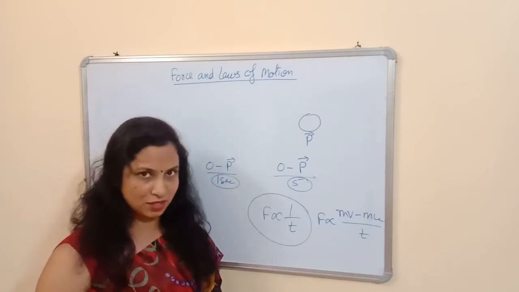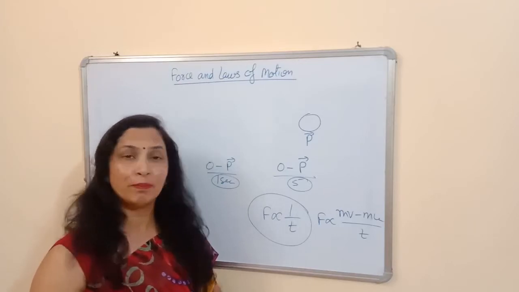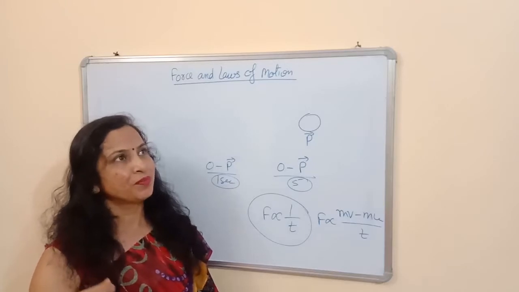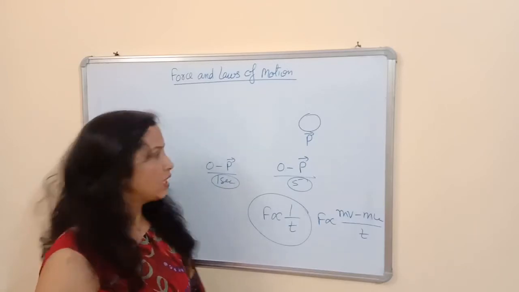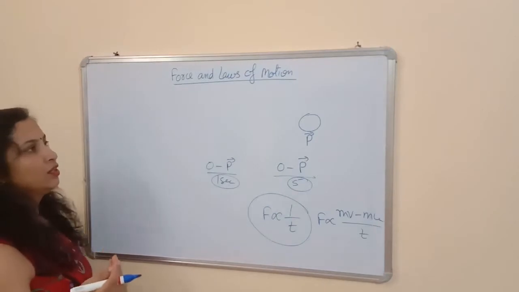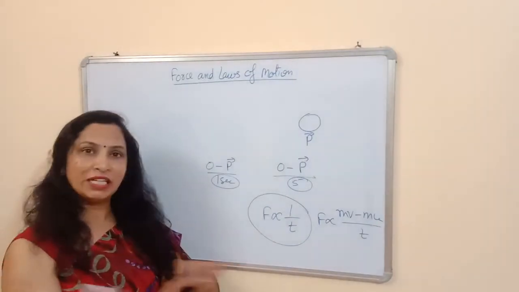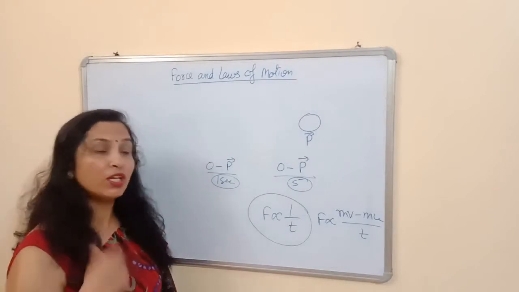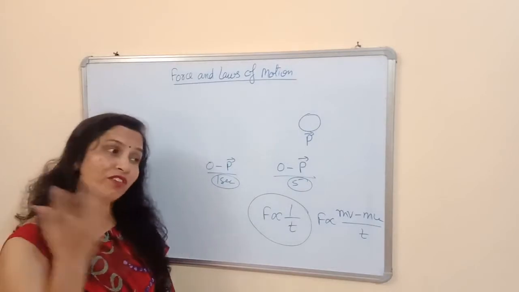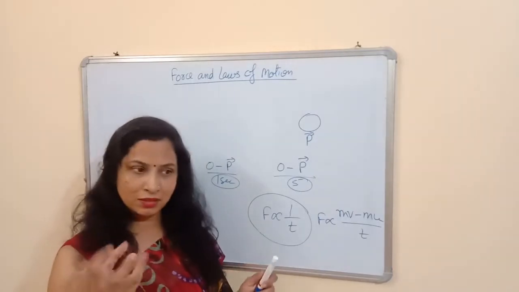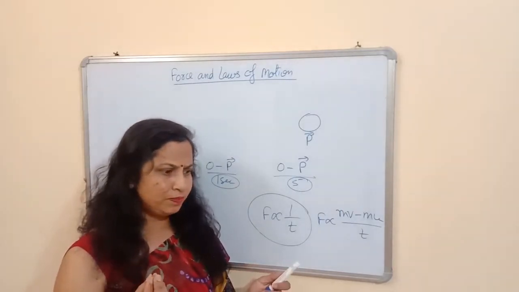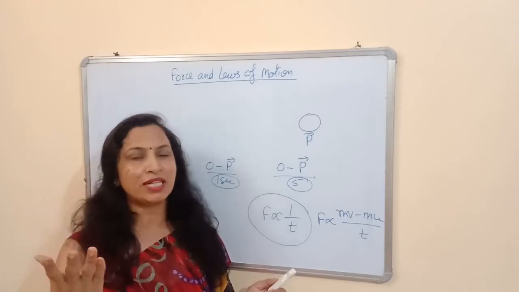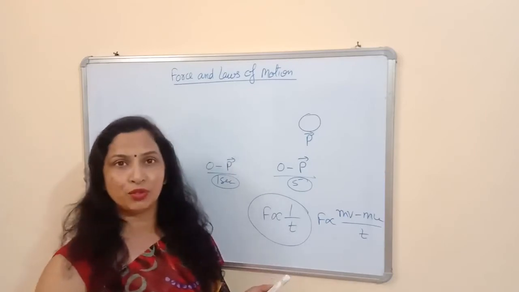Now the another application. You have seen for a jumping athlete, they are provided some cushion or soil. So why do we do like this? What happens if we provide them a cemented floor? Just think about it. What will happen if we jump on a cemented floor, or what will happen if we jump on a porous soil? You can imagine that if you jump on a cemented floor, you will get hurt.